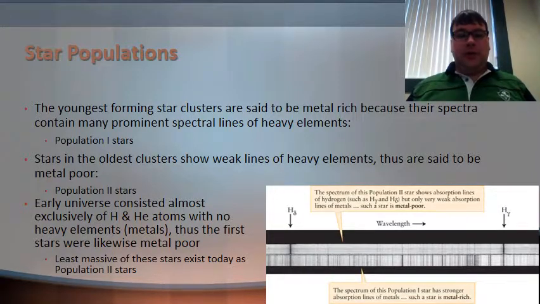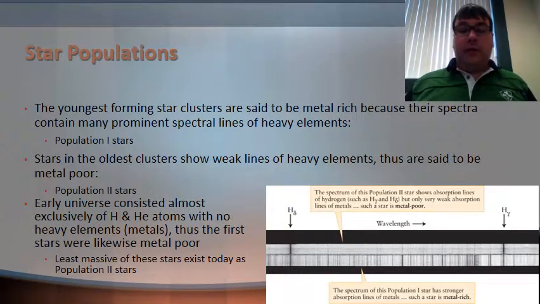The first population, a population 1 star, is going to be a relatively new star. It's fairly young, and it is going to be very heavy, meaning it has a lot of heavy metals or heavy materials mixed into its spectra. If we're looking at a population 2 star by comparison, it's just the opposite. It's much older, and this particular star is going to be fairly light in terms of its spectra. It won't have a whole lot of metals within its overall